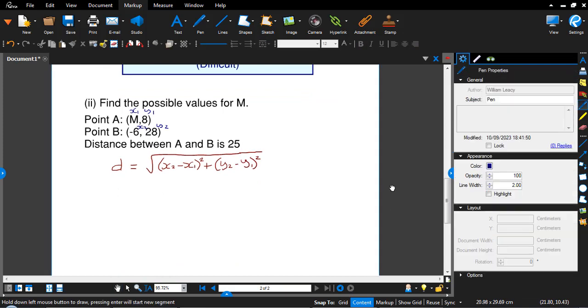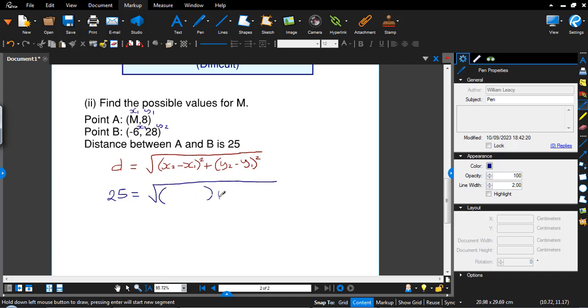So just fill in the values. I just call this x1, y1, x2, y2. We just fill in what we have. So with these 2 points, m, comma 8, and we're told that the distance between point A and point B is 25. So here we go. We're going to say 25, that's D, equals the square root of